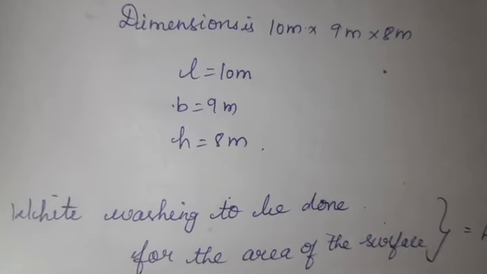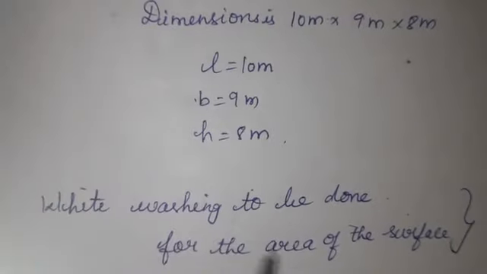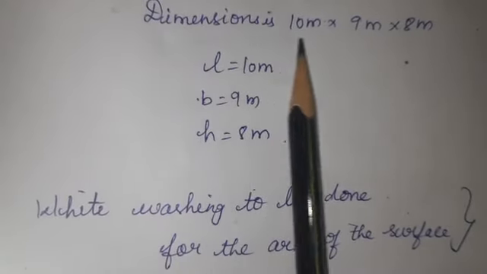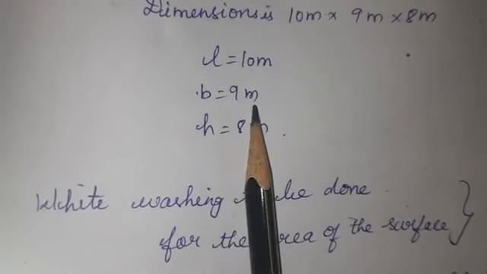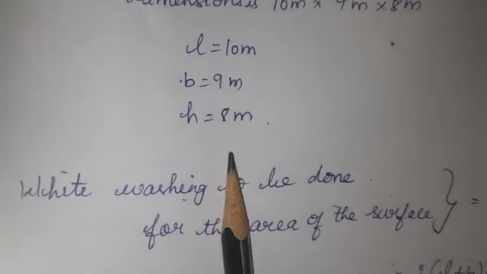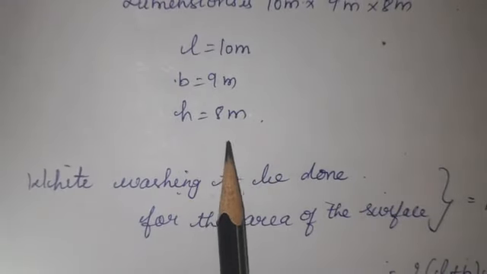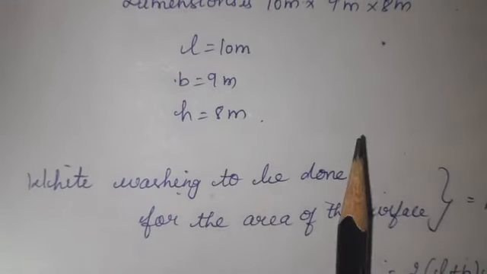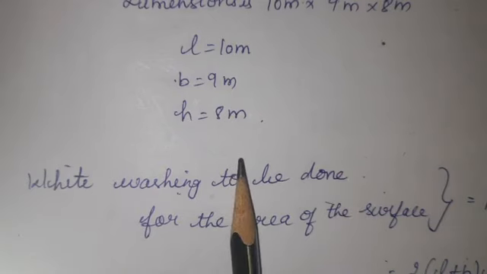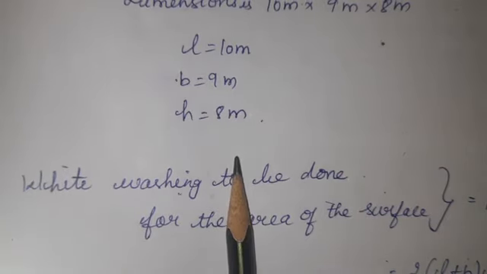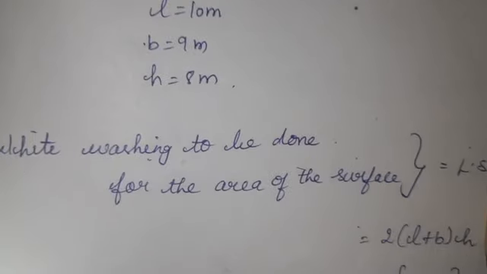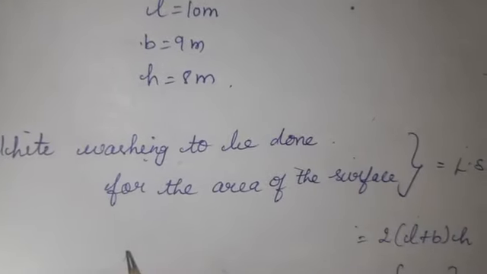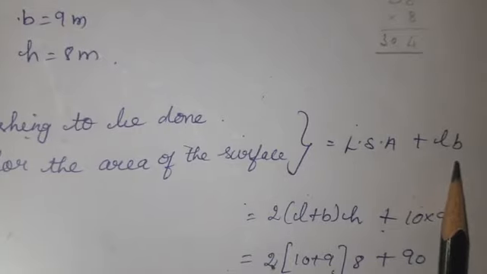Solution. The dimensions whatever they have given in that question, that one I have written. Then L is equal to 10 meter and breadth is 9 meter, height is 8 meter. Here how I am going to find it: TSA means the entire total surface of a cuboid. Here they are going to whitewash the wall and ceiling. First listen here, the walls means LSA, wall means LSA. So I have written here LSA. The remaining you have is the ceiling. Ceiling can be written as L into B.